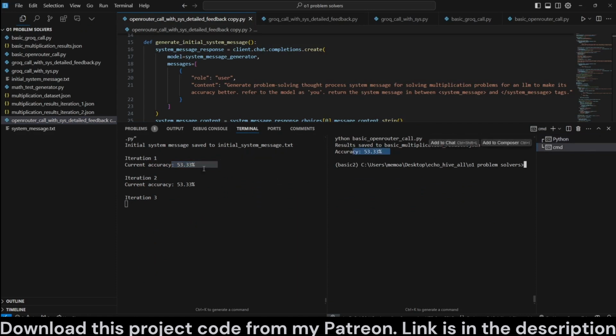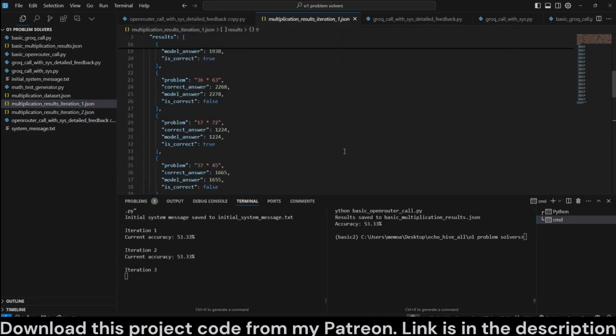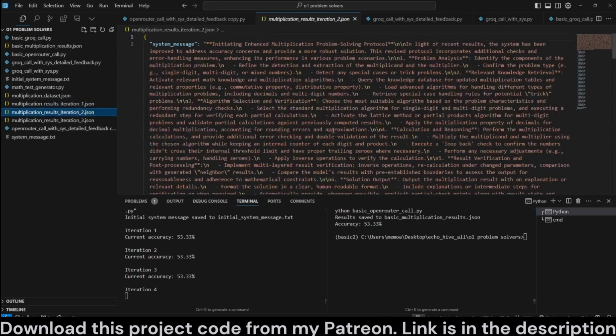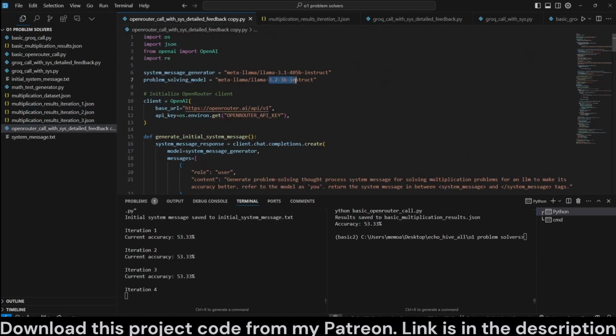Okay, we're getting now about what we were normally getting. So this may also be a thing that we start with a system message. If the initial system message is not so good, it could be that iterations on it might not also be so great. But let's see. Oh man. Well, the system message is changing. We are, after all, using the Llama 3.2 3 billion. After this,